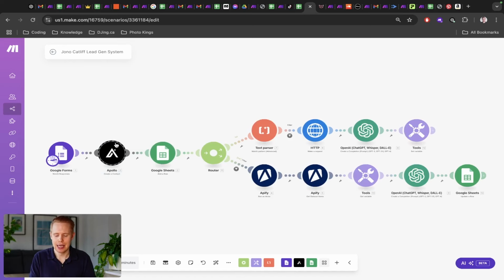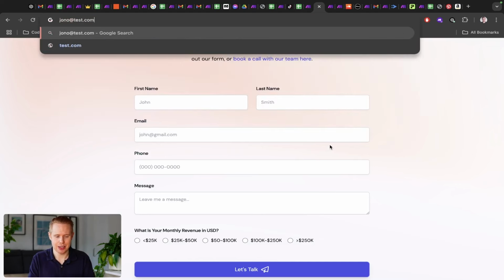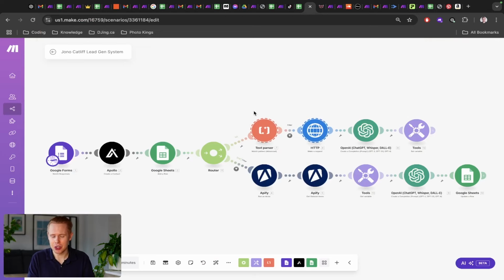What that means is it'll give you additional information about that person, what their job is, what their title is, description, bio. It'll give you a link to their LinkedIn profile. You can grab that LinkedIn profile. You can scrape that profile using a web scraper to grab additional information about them. And then let's say they inquire on your form with a business email, right? So for example, if I'm jono@test.com, well, we can pull out test.com, which is the company domain. And then we can actually go to that website, and then we can use ChatGPT to summarize the